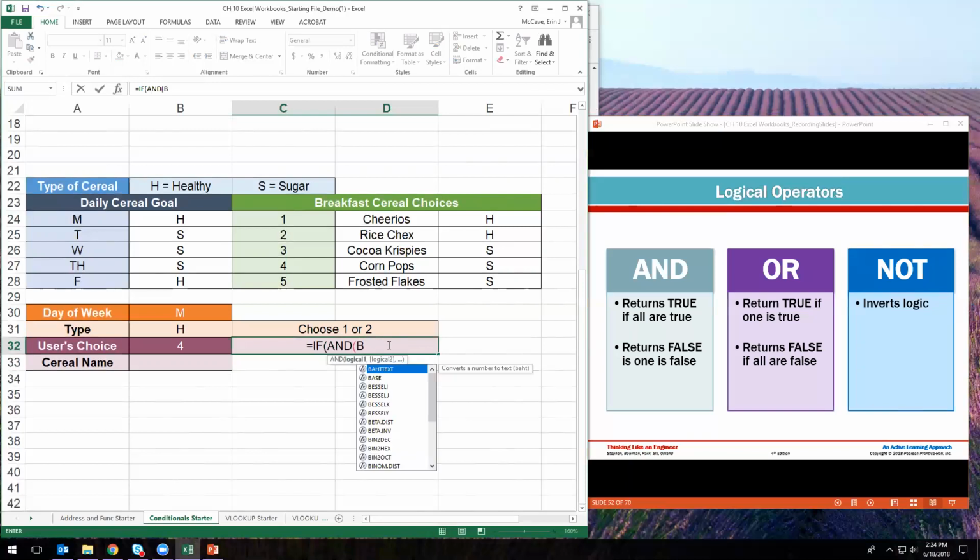So if B31 is equal to H and we want B32 equal to 1 or B32 equal to 2, but I have to remember to put my OR because these are 2 options here. So I'm going to put my OR in before my B32 to indicate I need an AND and an OR in my condition. And if those are both true,